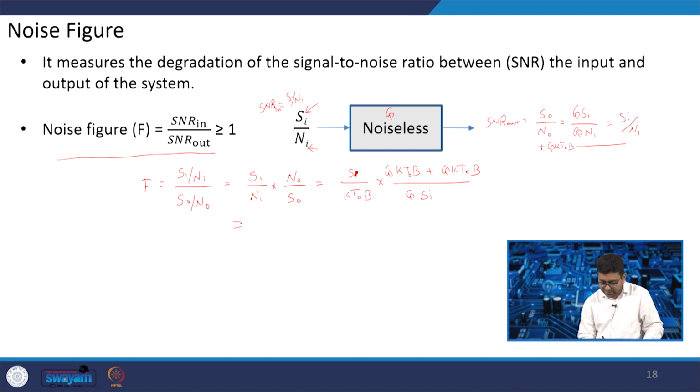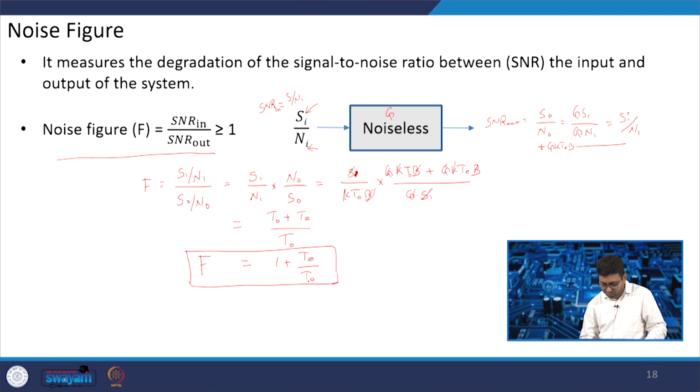So, if you rewrite the equation again, Si will cancel out, K B will also cancel out, and your gain is also cancelled out. So, what is the final equation that you get? 1 plus Te by T naught. This is also called the noise factor F,